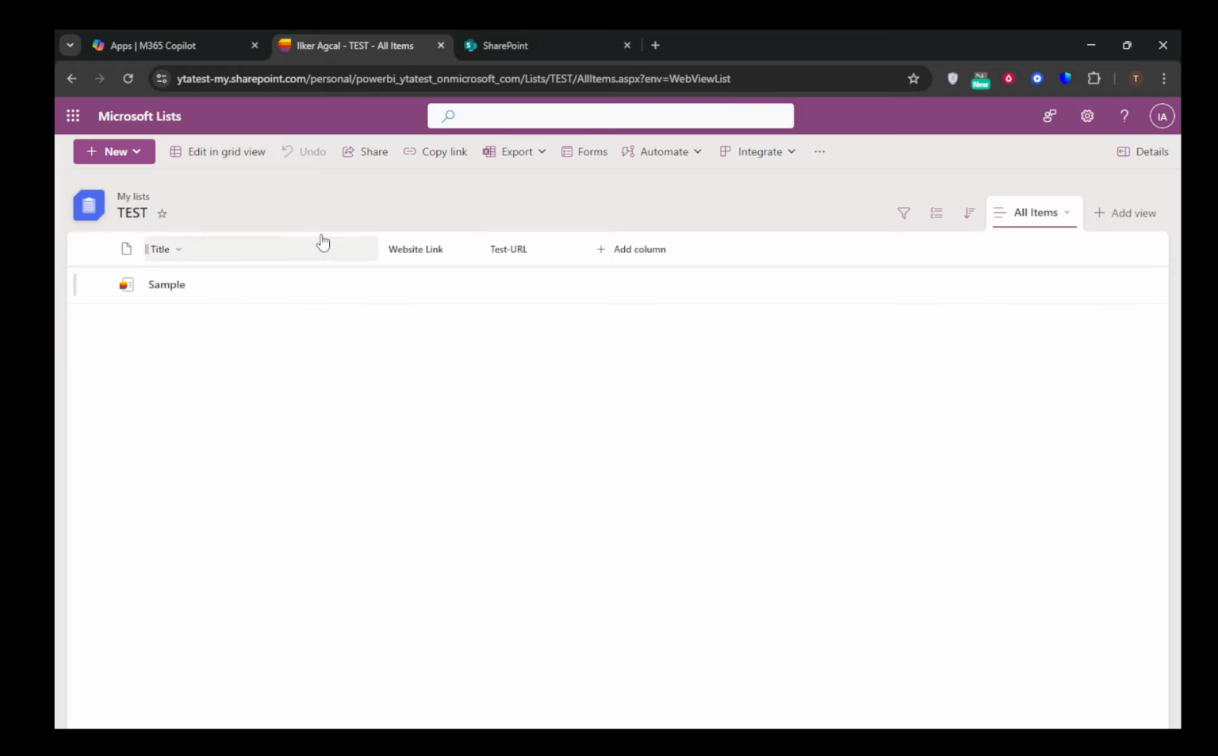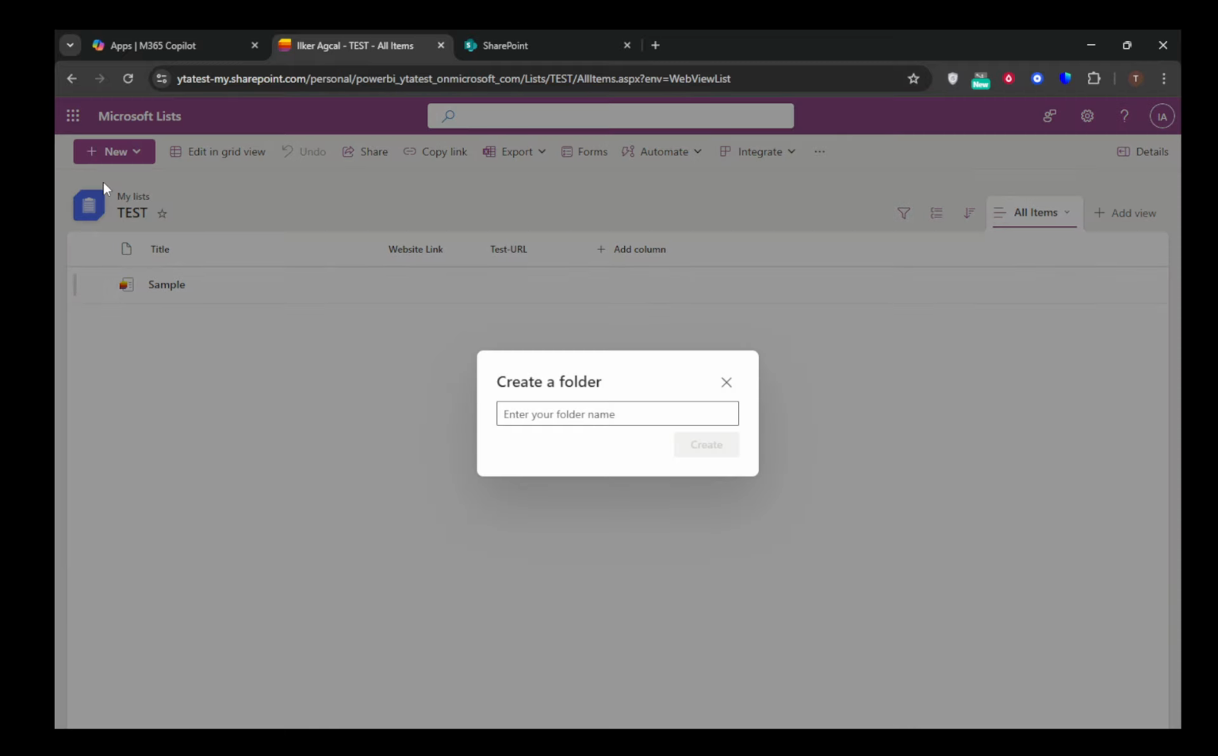A drop-down menu should appear. From this list, you'll want to select Folder. This is your cue to give your new folder a name. Choose a name that's descriptive of what you'll be storing to keep everything organized. After typing in the folder name, click Create. And just like that, your new folder should appear within the library, ready for you to add and organize your